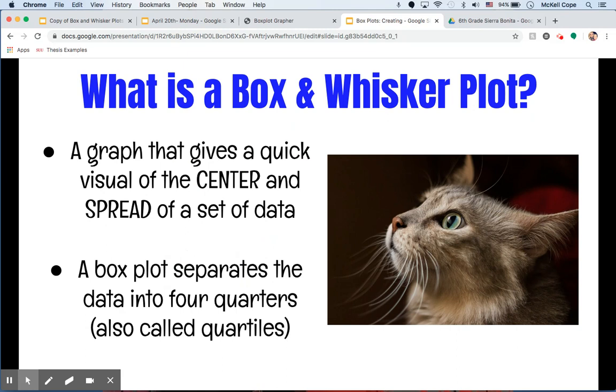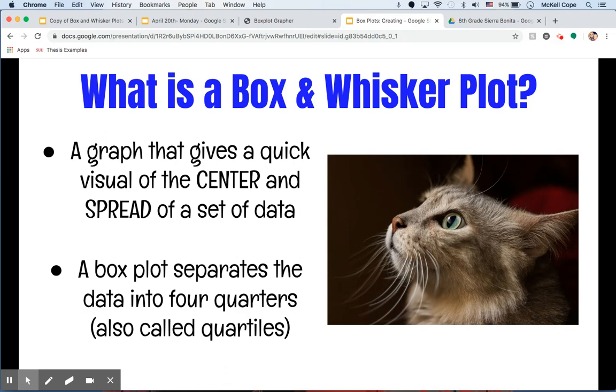It's a graph that gives us a really quick visual of the center of the data. When we talked about our very first statistics lesson, it was on mean, median, mode, and range. The median is the very center. So if you do not remember how to find the median of a set of data, I would stop this right now and go review that first from some of our past lessons, because that's going to be really important for you to know how to do in order to create a box and whisker plot. Medians are pretty much all you need to know how to do. So make sure you understand and remember how to find the median of a set of